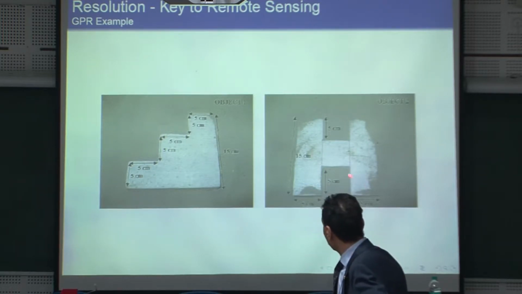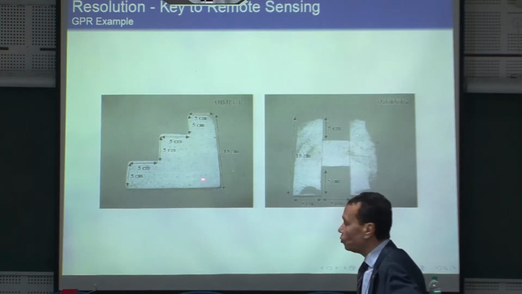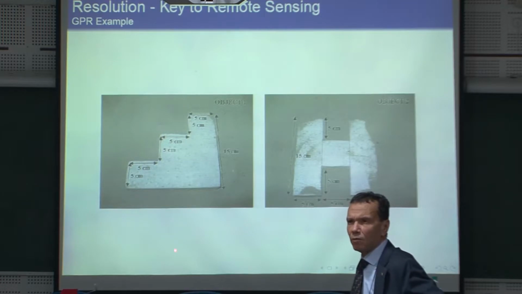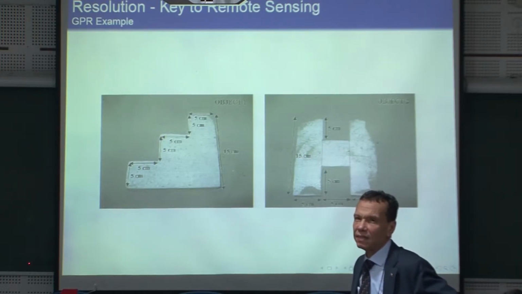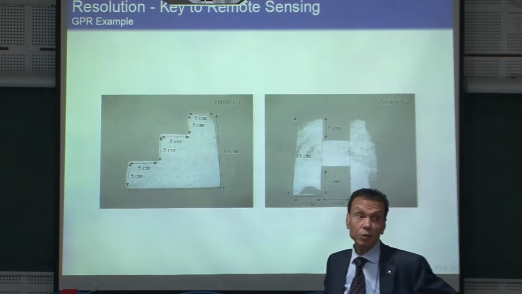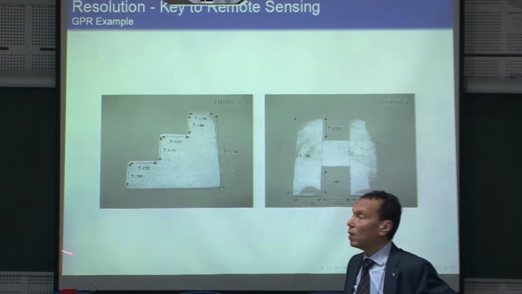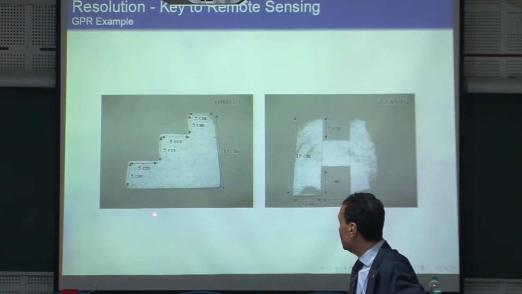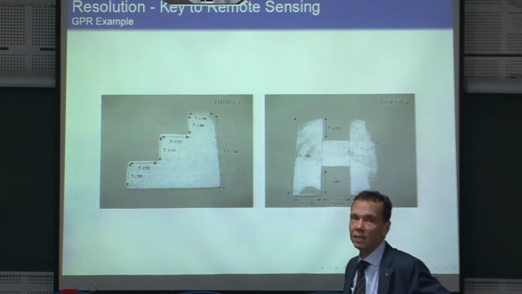And this is another form, and these two forms were made from styropor with epsilon r something like 1. Of course, we have a contrast here because sand has epsilon r of something like 3. So we have the contrast here. But the contrast itself is not so high. Nevertheless, I will show you very, very nice pictures when we buried these objects here 10 centimeters below the ground surface, 20 centimeters, and so on.